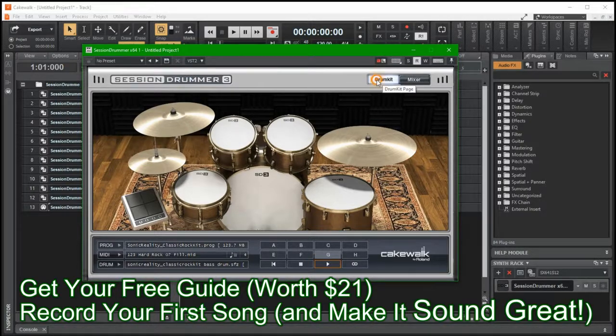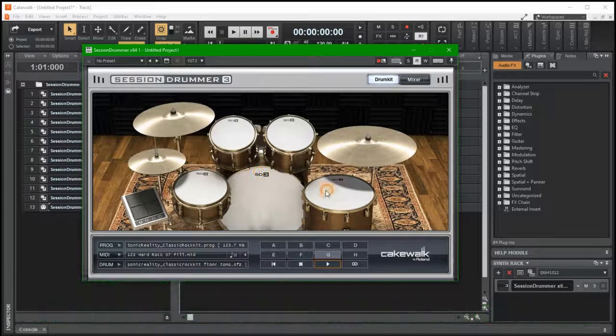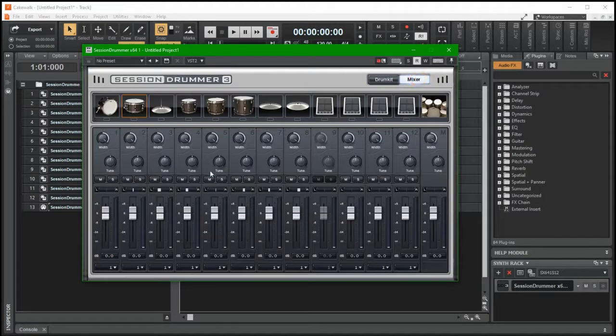All right, now you have two views here. The drum kit view, that's what we're on now. It's not very practical, but it's kind of fun to sit around and do that, but it'd be kind of hard to actually play with your mouse. Okay, go over to Mixer, and they are touch sensitive. If you hit down at the bottom part of the icon, it's quiet. When you hit the top, it gets louder. Okay, but anyways,